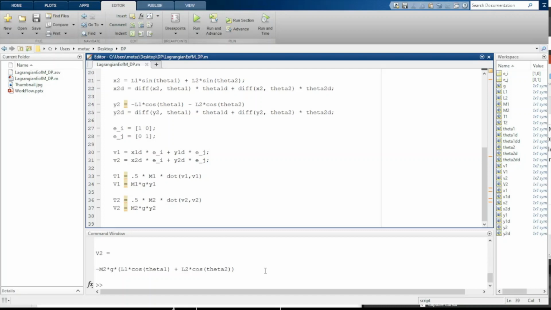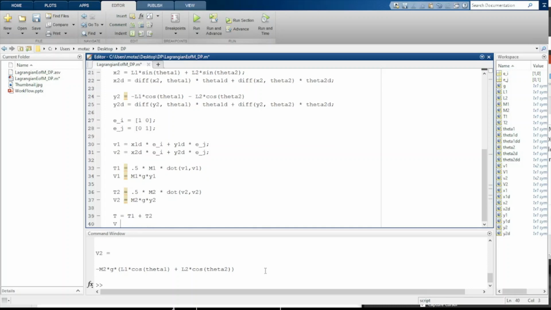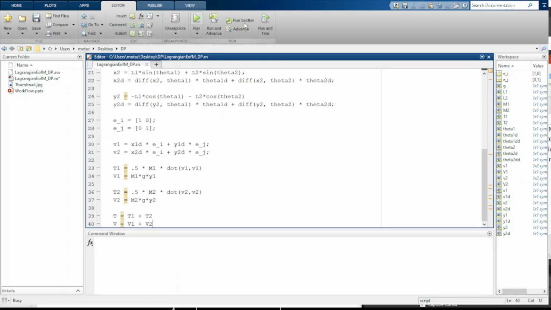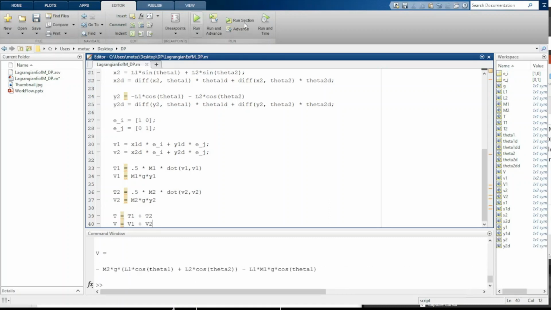And now the total kinetic energy of the system will be T1 plus T2, and same with the total potential energy of the system. Okay, so that's it for kinetic and potential energy. Not very difficult. Now we need to take some